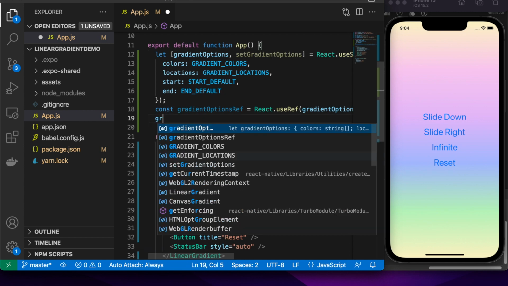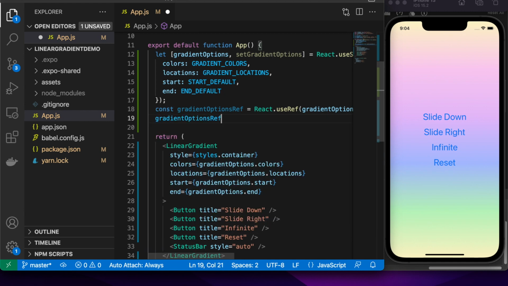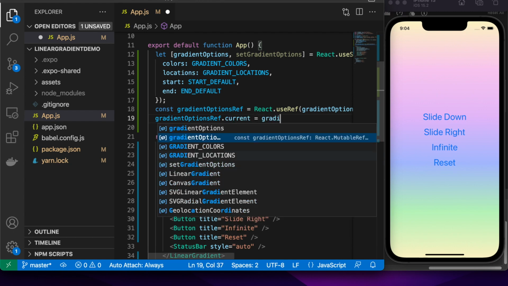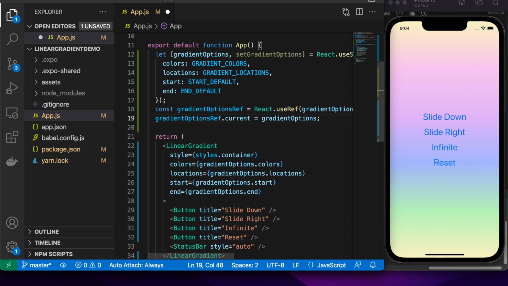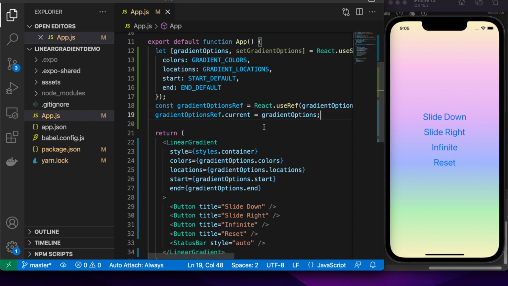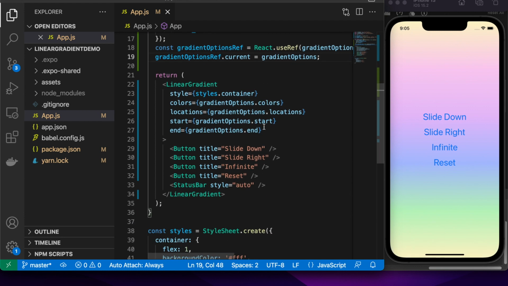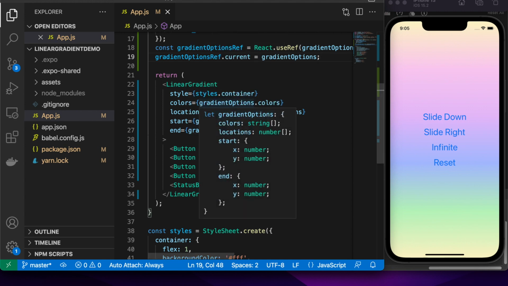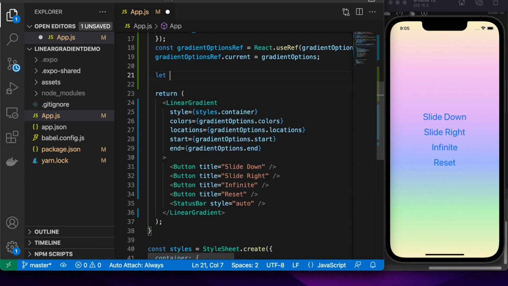The reason you need this, and I'll link an article below that explains in a bit more detail, is that I'm going to be using setTimeout to trigger the next phase of the animation, and if I don't use this gradientOptionsRef, then it will get access to the old state, and so it won't really do any updates. I was having some issues with that for a while, and that was the reason why.